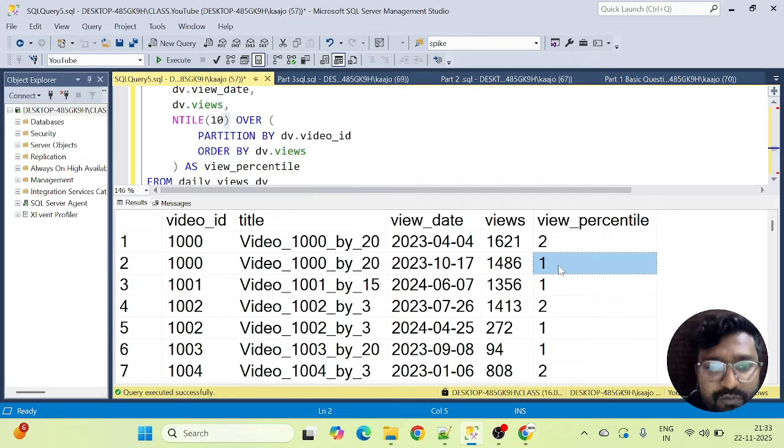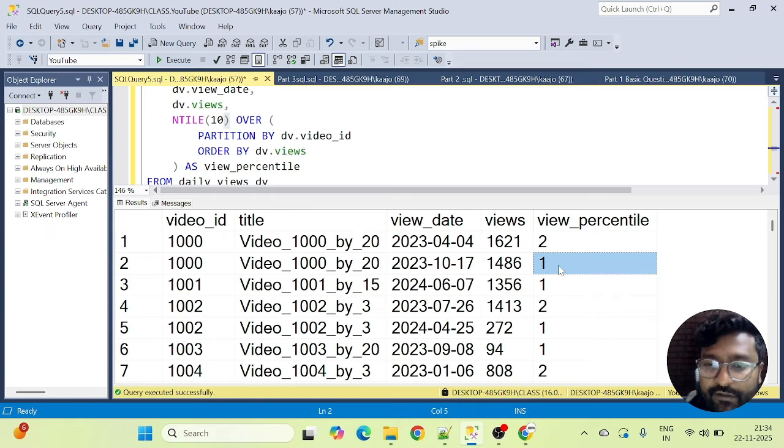So you might find this NTILE function very similar to row number, and in this scenario I acknowledge that it is quite similar. It works quite similarly to how row number, rank or dense rank work. But at times, for example when you are dealing with financial data, the NTILE function becomes very handy. So I would request you to spend some time on it in your free time.